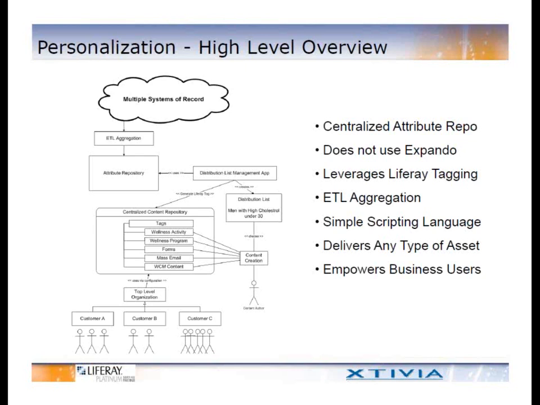Anybody that's familiar with Liferay and the asset publisher portlet will know that some of the configuration there is that you can go in and identify what categories or tags the content should have that's going to be rendered in the asset publisher. So basing the personalization system on that same concept, we modified the database query